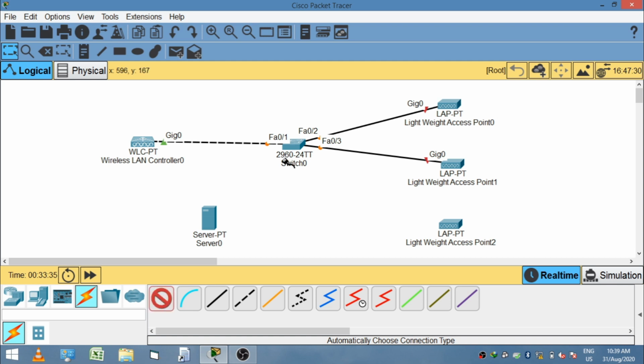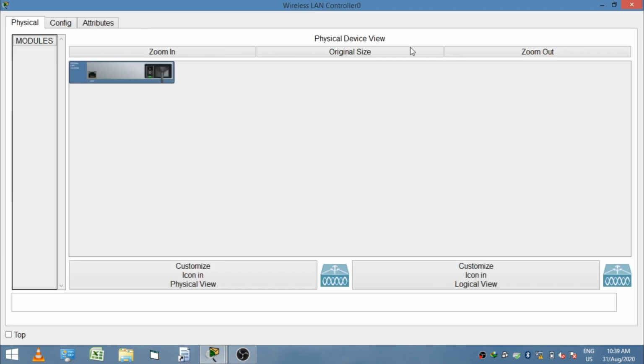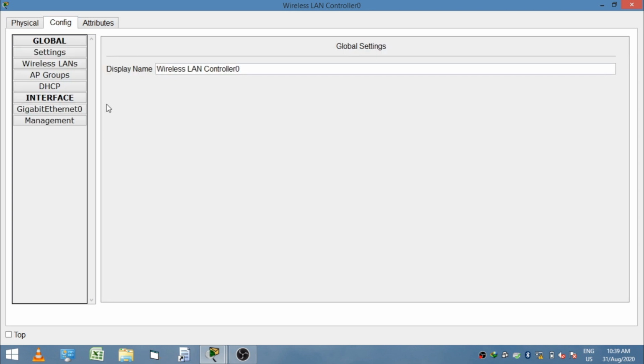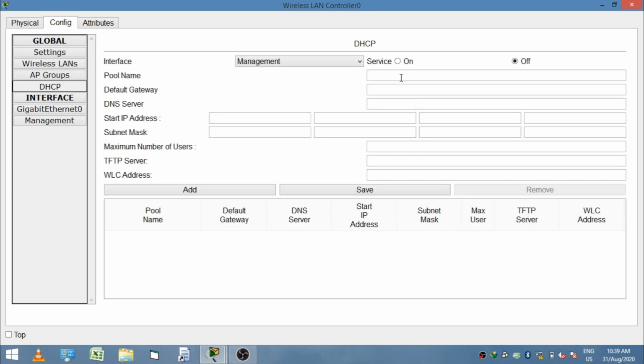Now we connect the WLC-PT to the switch via GIG 0/2 to Fa0/1 of the switch using a cross cable, then connect the LAP-PTs to the switch using a straight cable and also connect the server to the switch.